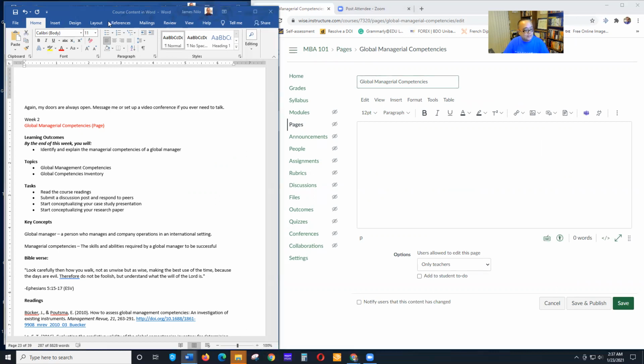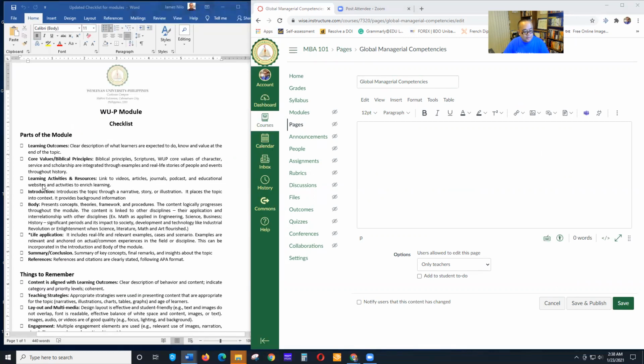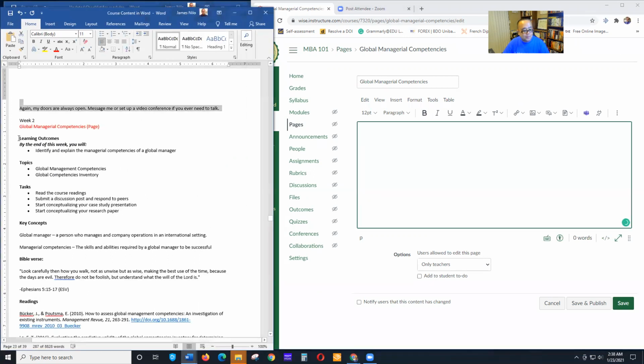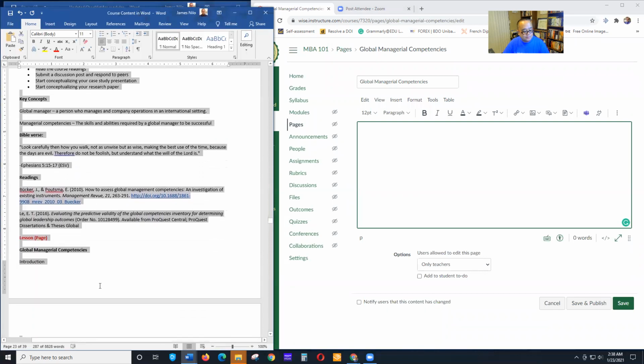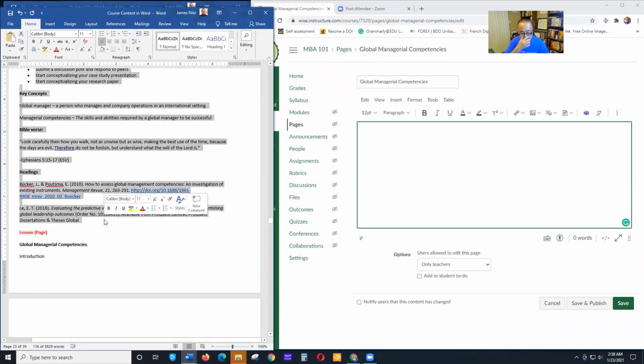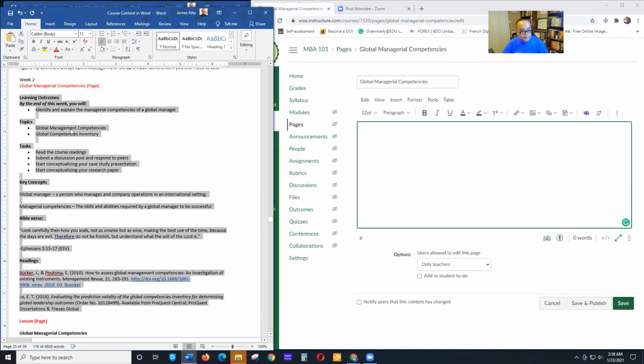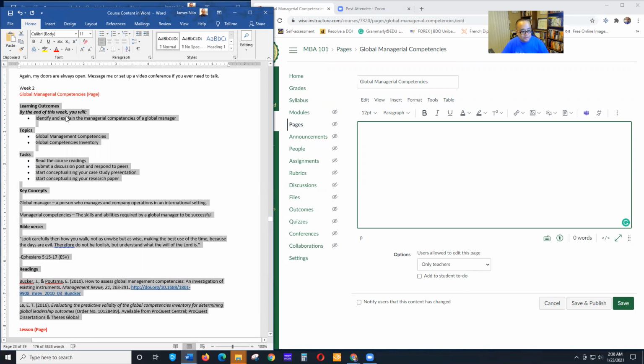And then if you go back to our checklist, make sure that all of these are included. Learning outcomes, core values or biblical principles, learning activities and resources. And then for the lesson proper, there's an introduction, and then your body, life application, summary, and at least 3 references. So let's go back, and then I'm going to copy paste. I normally separate the lesson proper from the introductions, or the learning outcomes and stuff. So for the lesson propers, I normally have 2 pages. So for the first page,